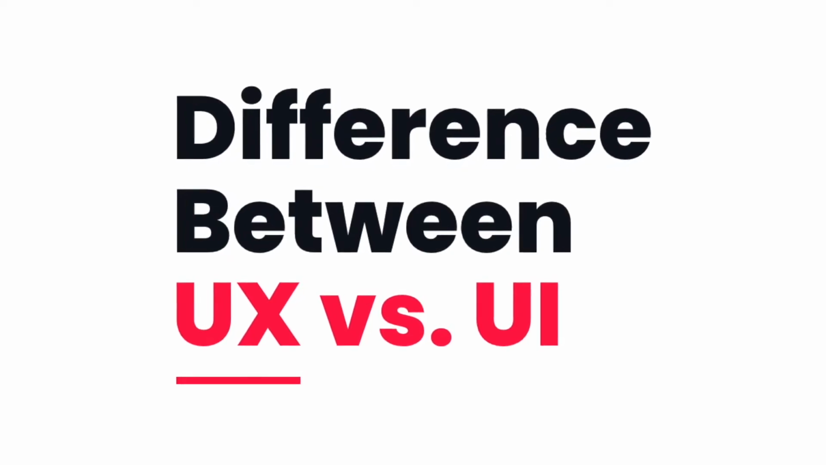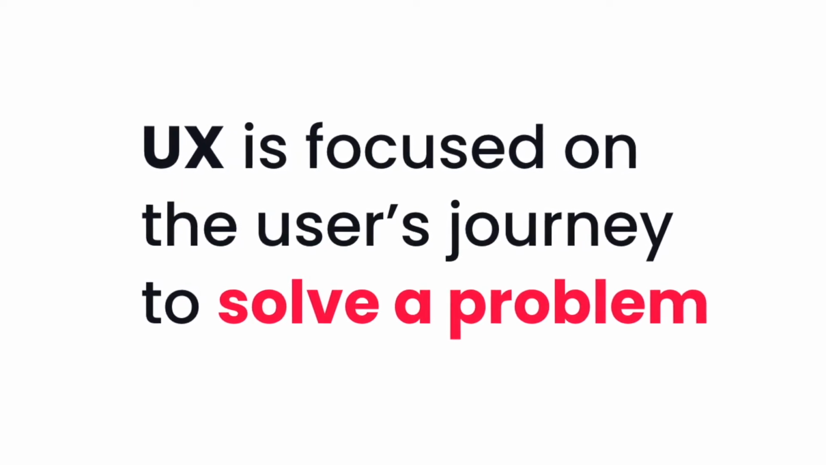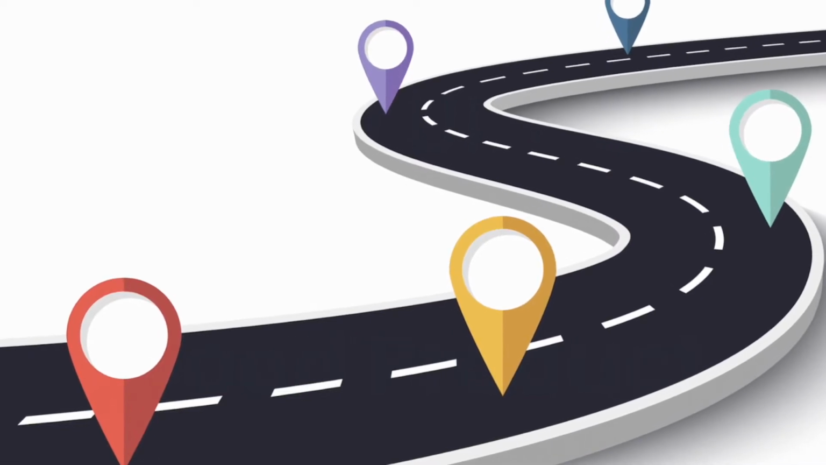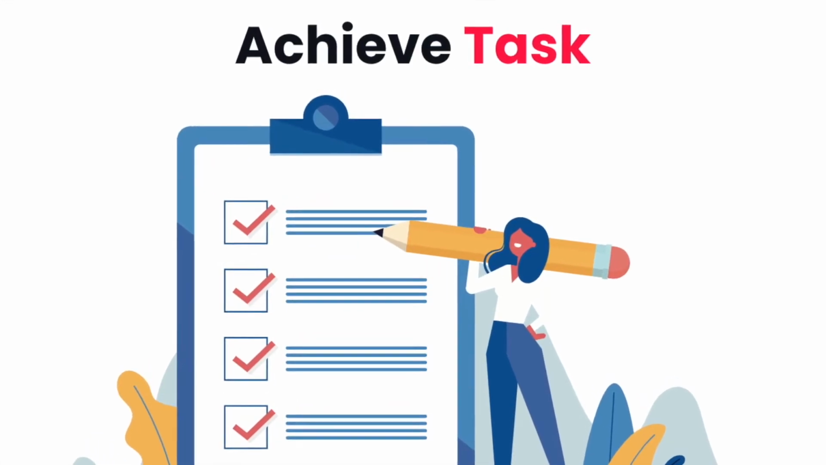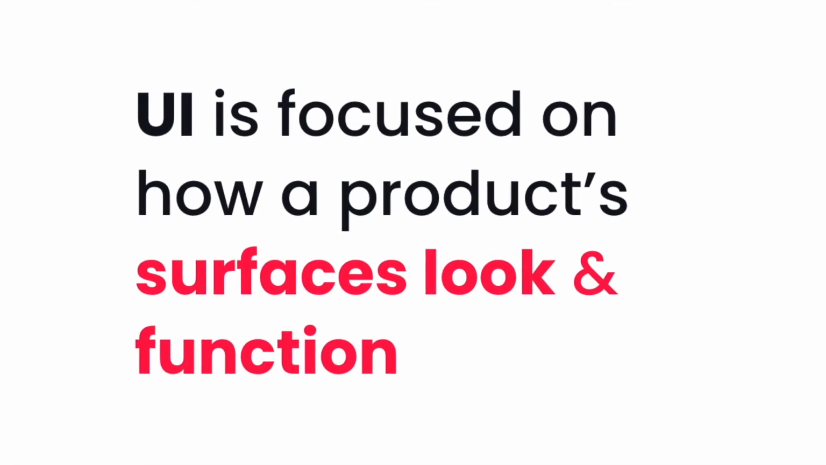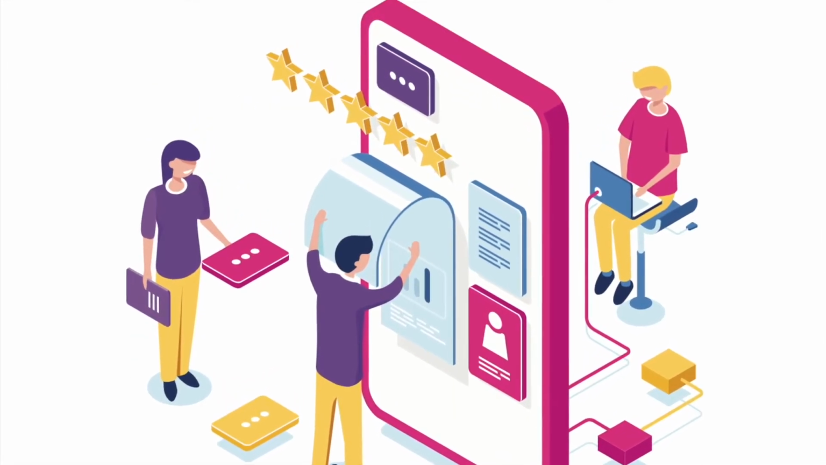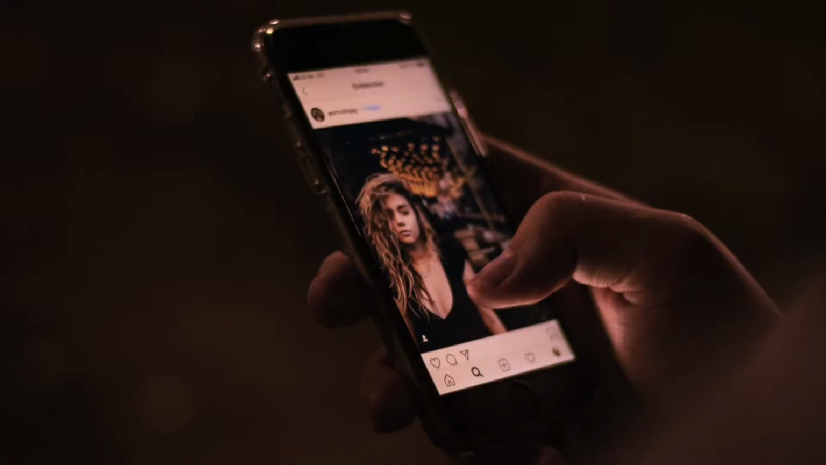UX versus UI. UX is focused on the user journey to solve a problem. UX focuses on how easy the user journey is. How can we solve a user problem so that the user can achieve his task in a very easy way? UI is focused on how a product surface looks and functions. UI focuses on how a product can look better and how appealing it can be so that users can easily interact